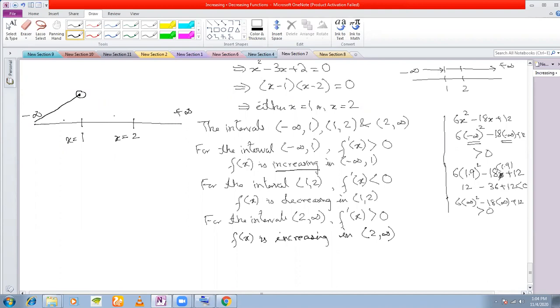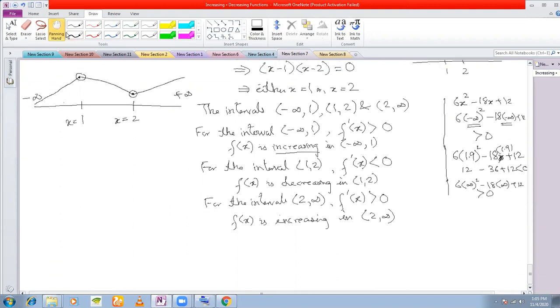And then after that, what happens? In this interval 1 to 2, the function is decreasing. And then again, it reaches a turning point here. And then 2 to infinity again starts increasing, right? So it is a kind of roller coaster ride. First increasing, then decreasing, and then again increasing. So how many turning points are you getting? You're getting 2 turning points, this one and this one. For x is equal to 1, first one is maxima and the second one is minima. We'll come to that later when we do the first derivative test.